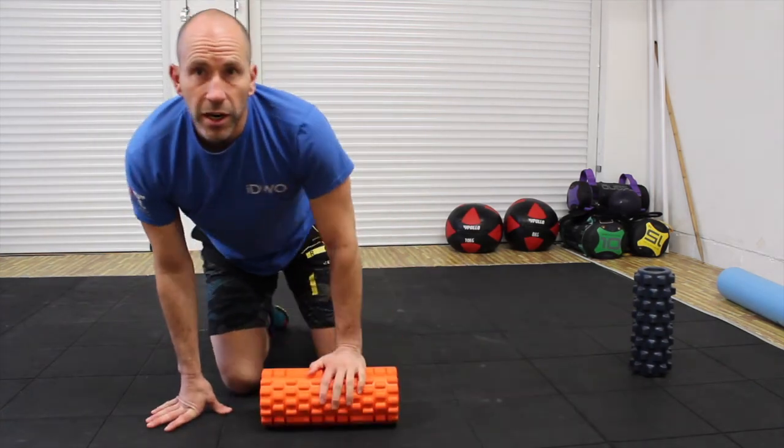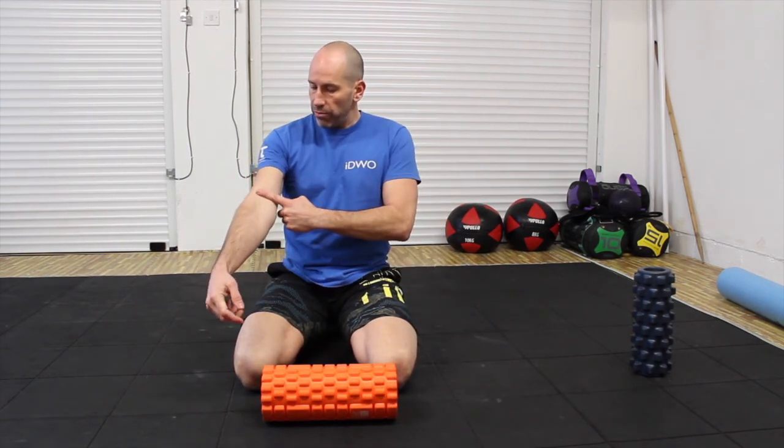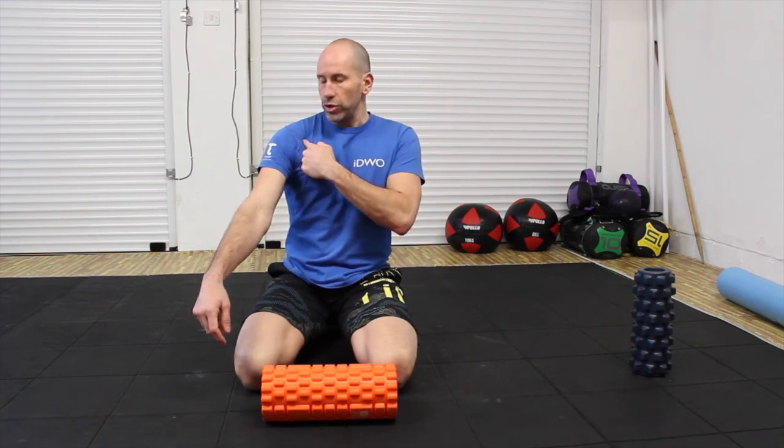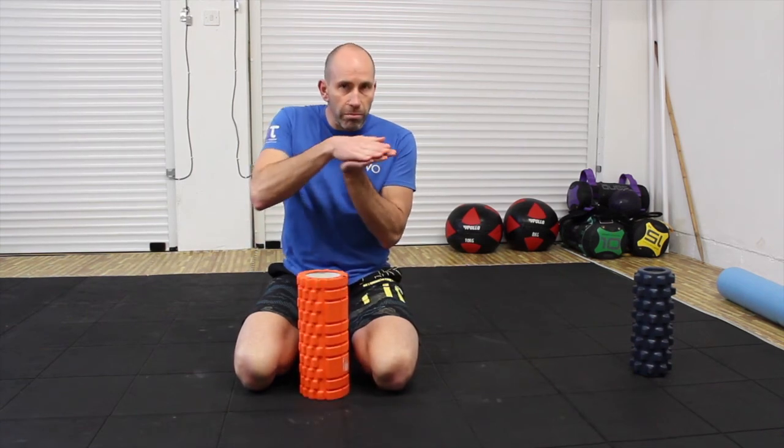You want to be spending around 20 to 30 seconds on each area. So you're going from the joint up to the next joint. You can go from the bicep up across to the shoulder, across the front of the chest, down through the back, the sides, down through the lats, everywhere. Wherever you're sore, you can use the foam roller to really help take out the stiffness and the soreness, to let the muscle belly